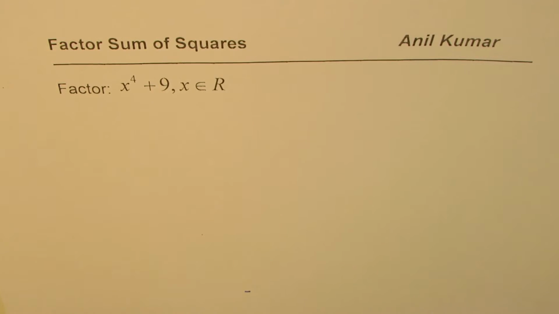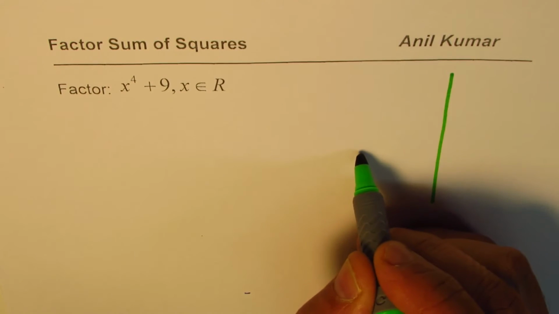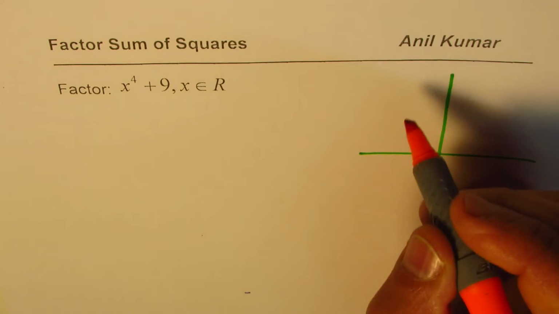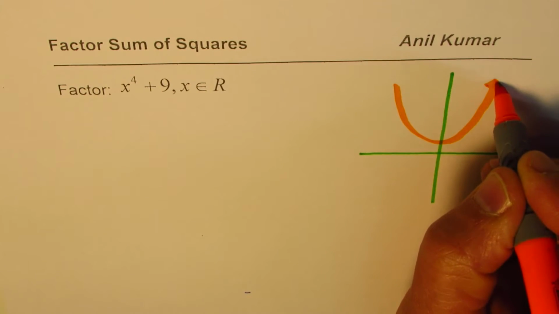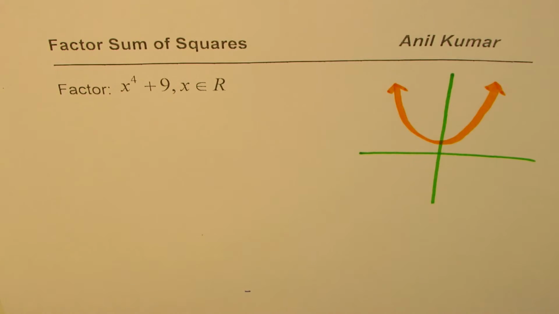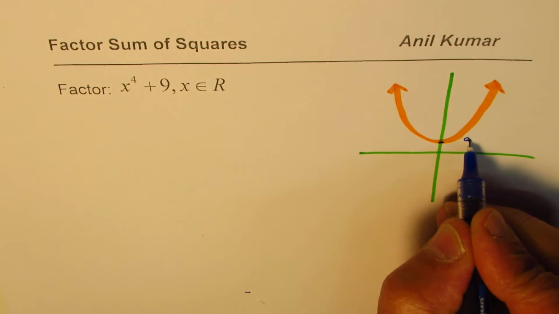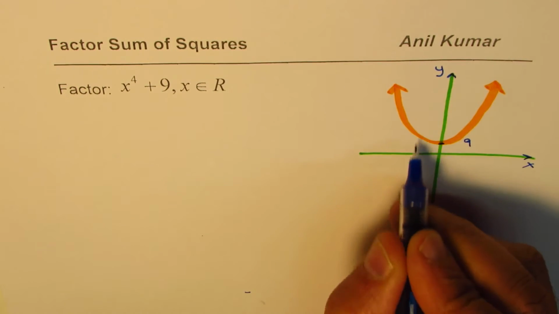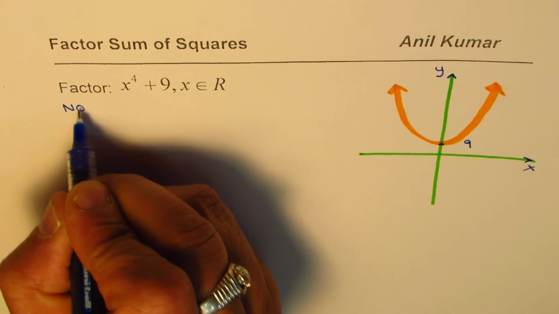You can pause the video, answer the question, and then look into my suggestions. Now let me first discuss why we cannot factor it, right? So it is unfactorable. If I have to plot this graph, it will look something like a parabola, of course, with a wider turning point, something like this, where if I substitute 0 for x, I get 9. So this point is 9 for us, and that is the x-axis, and this is the y-axis. As you can see, it is not crossing the x-axis. It has no x-intercepts, right? So it has no real roots,